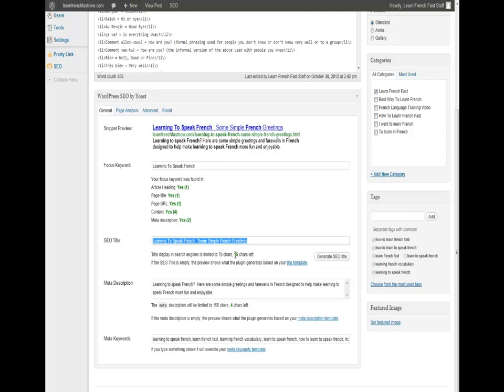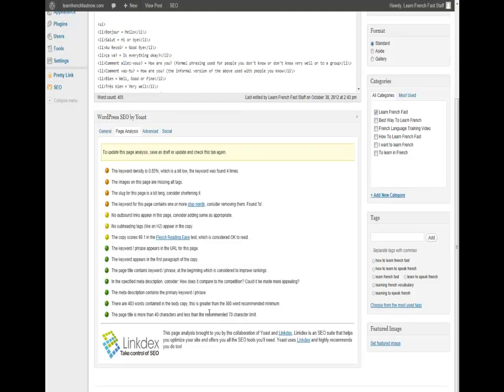It tells you how many characters you've got and how many's left. Here you've got your meta description, and here are your meta keywords. So if you ignore these and don't put anything in, it uses the template from here, from the settings. Otherwise it uses whatever's here. Now the real beauty of this comes when I go to page